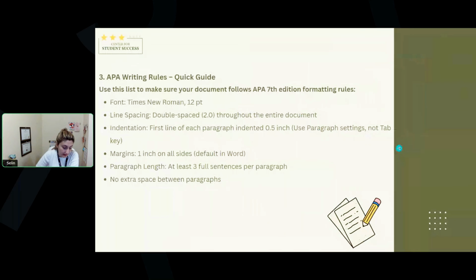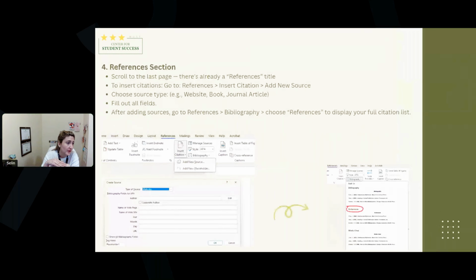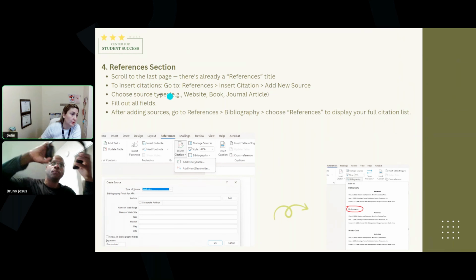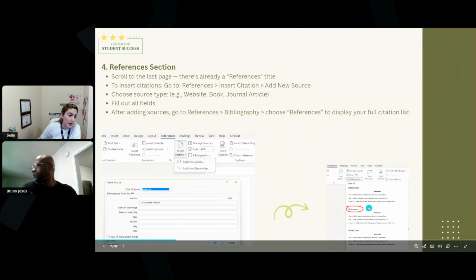Okay, these are the things you need to be careful of while you are preparing your assignments in APA formatting. And another thing, a very important part, is the references section. It's very important for your paper because if anyone reads it, they want to see where you got this information or these ideas from. That's why right now I will show you how to add the references